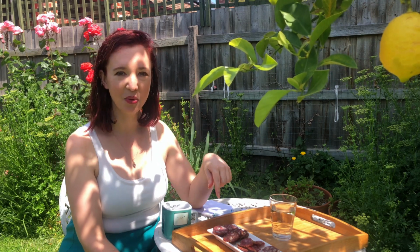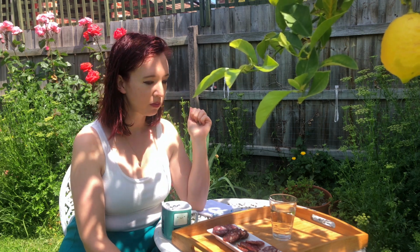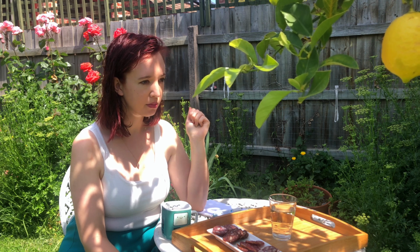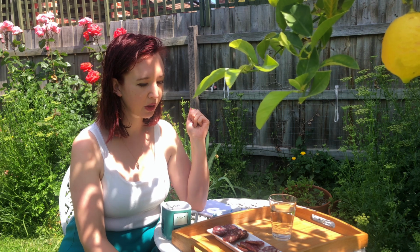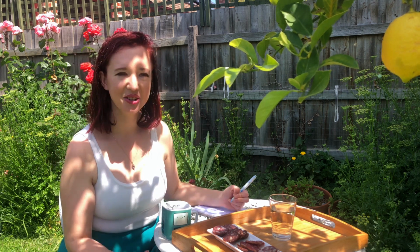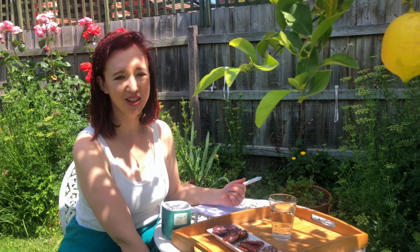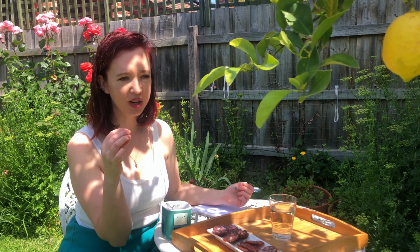Okay, the duck with juniper. I initially thought something orangey, because I love duck à l'orange, which is an orange glazed duck. Beautiful French recipe. So an orange, citrus, or